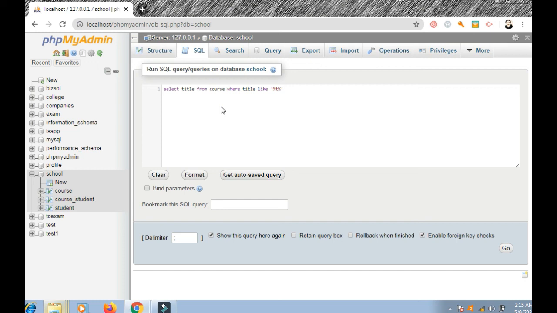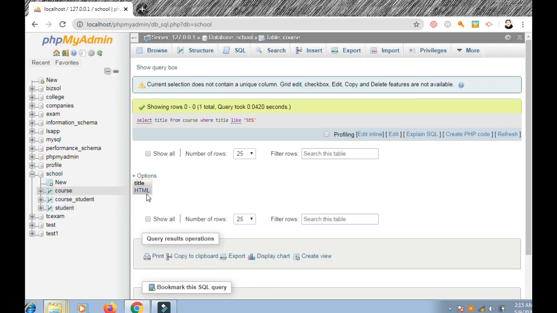Okay. So there are two records, one is SQL and the other is HTML. So it will fetch only one record. But if you see Google, there is one search term where there are millions of records with the same query, okay, SQL query, right? Now if you go here, press go, so the title text is HTML, right? You see this HTML? This is how we use search, right?